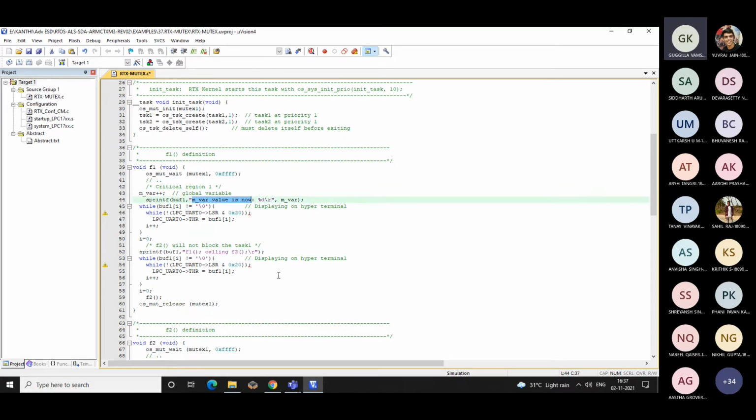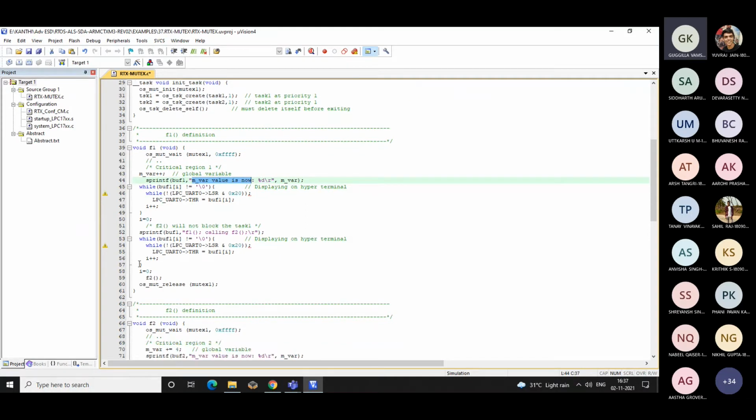Okay, so once you make use of this function, display the corresponding message, and then you can note here it also calls F2.